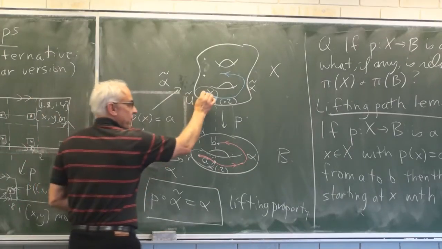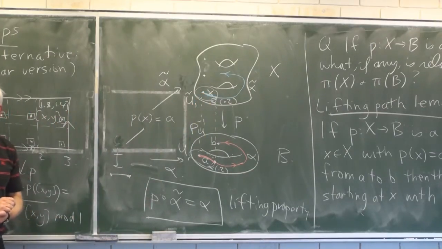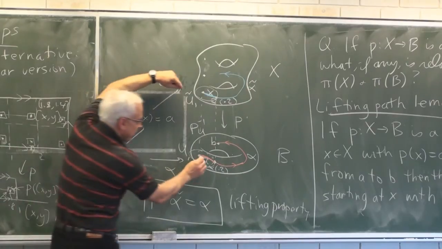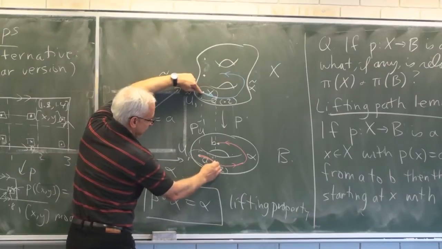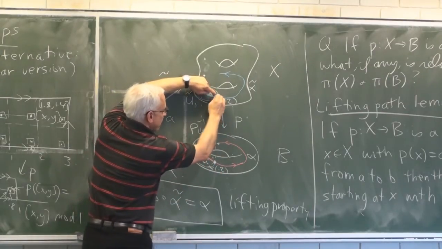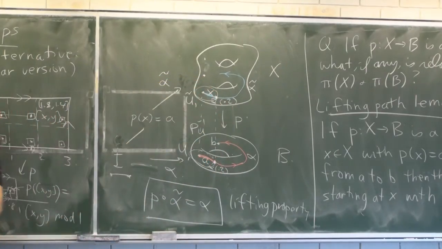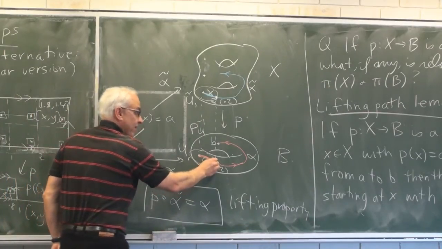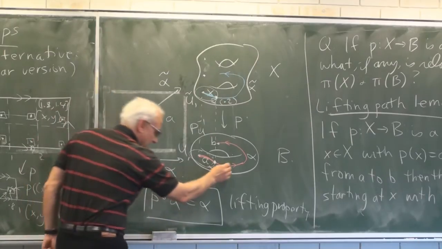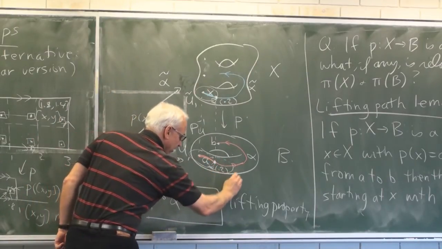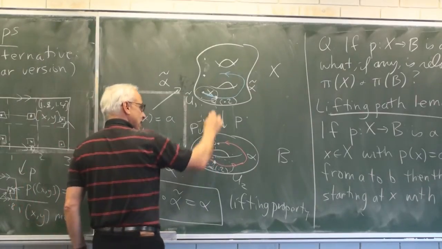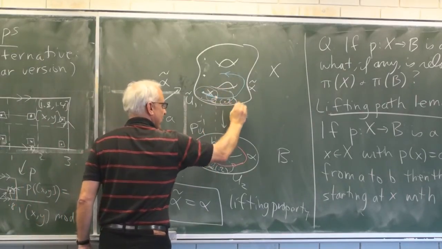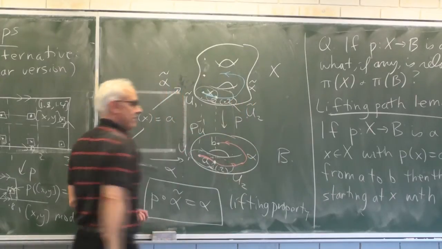So that's how we construct the first part of the path. All right? So we've lifted the first part of the path, and now instead of starting from here, we're at some new point, that one there, and a point above it. Now what we do is we repeat the process using this point and the point above it. We take a new open neighborhood, call it U2, around that new point, and the inverse image around this point, a new neighborhood U2 tilde.